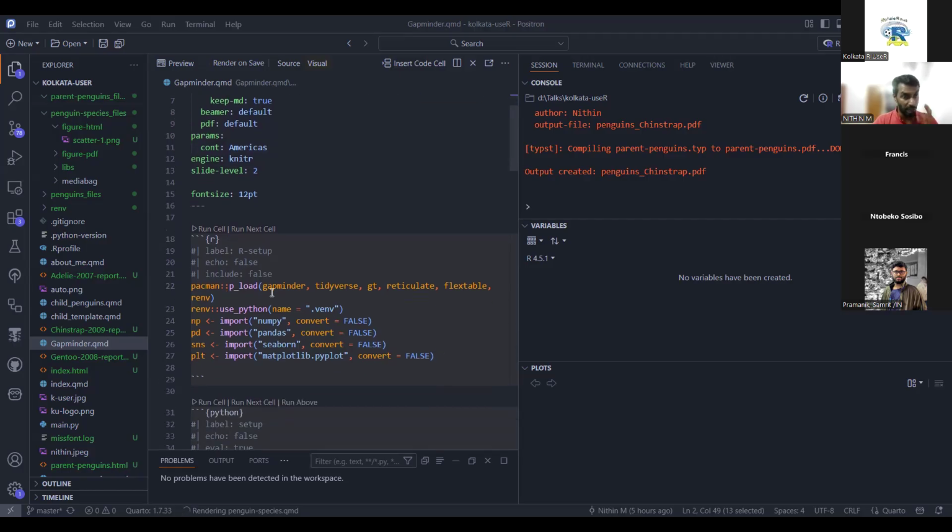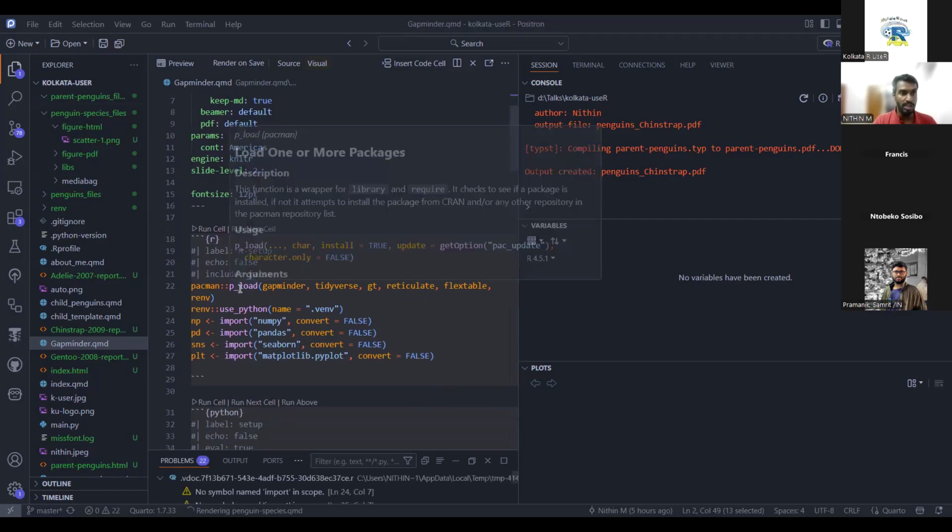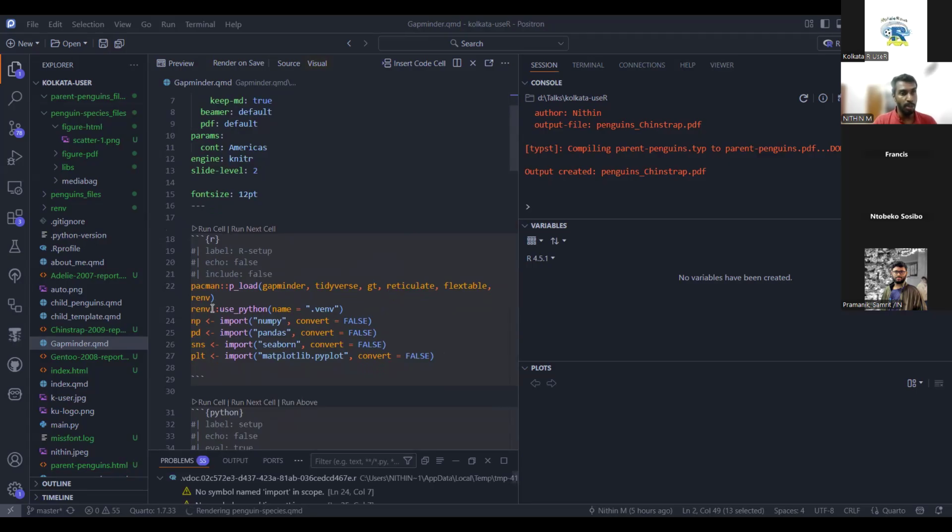Here I'm again using this code chunk. I'm using Pacman to load all the packages. I am also using Reticulate to use Python. Maybe if you want, you can use native Python without Reticulate. But the problem is that in Python, the knitr child function is not available. So if you are using native Python with Jupyter, you will need to write a lot of print statements to get those code chunks